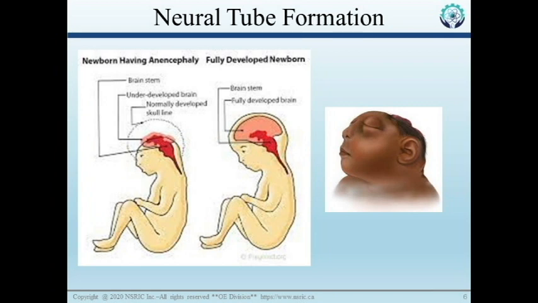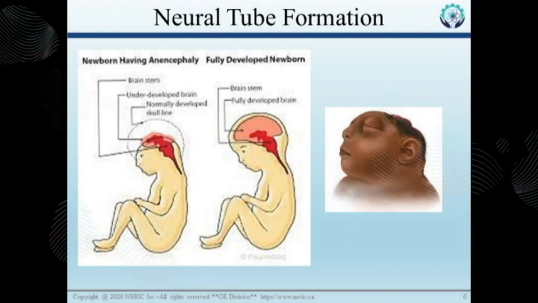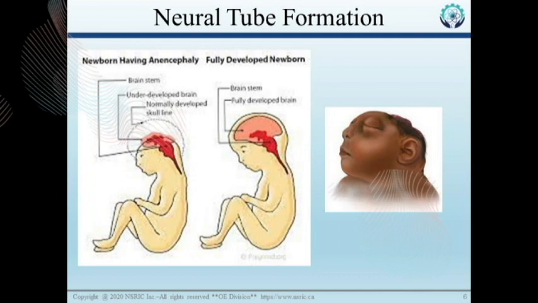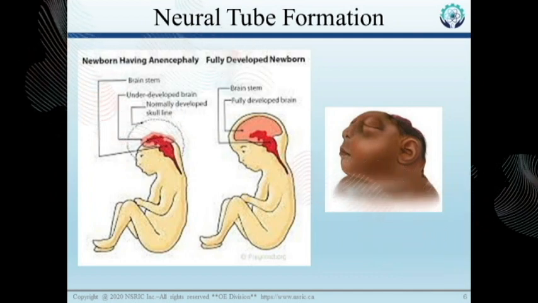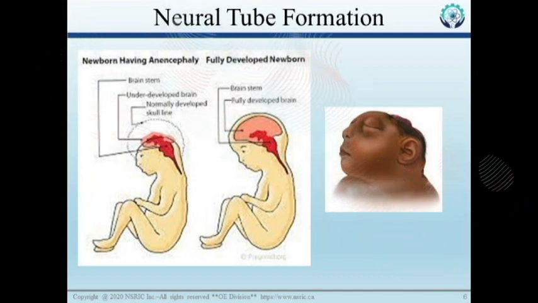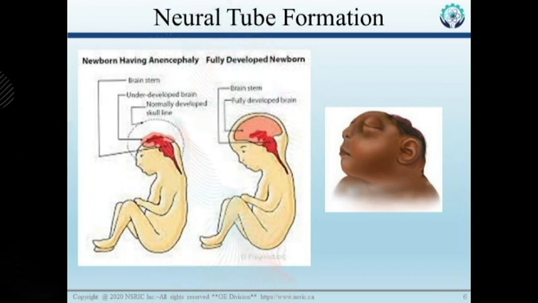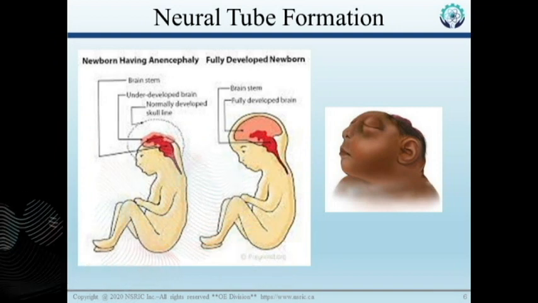And so there's obviously going to be some devastating developmental consequences of this. So the prognosis and outcomes for anencephaly typically are that there are profound cognitive neurological deficits, and oftentimes the infants are born with little or no brain tissue covering the